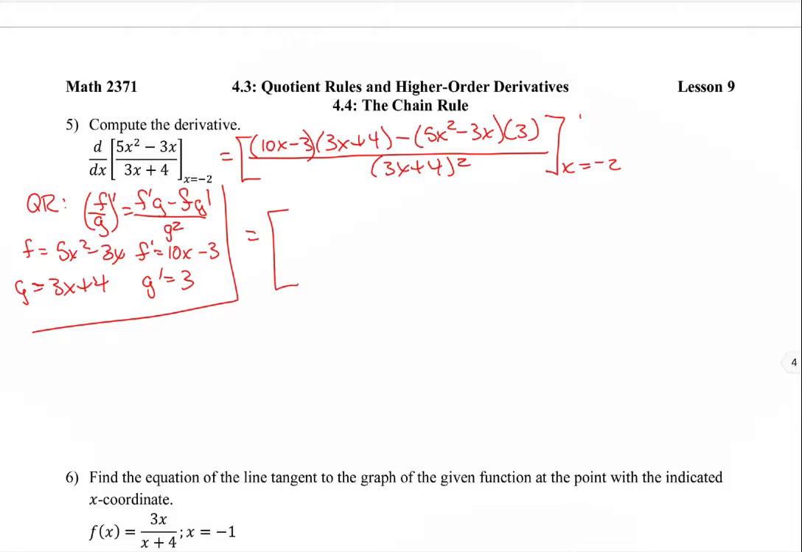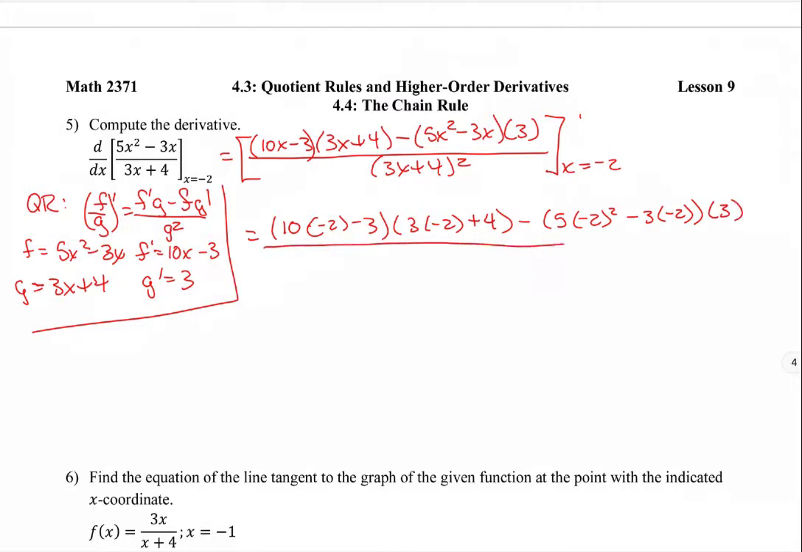This equals (10 times negative 2 minus 3) times (3 times negative 2 plus 4) minus (5 times negative 2 squared minus 3 times negative 2) times 3, all over (3 times negative 2 plus 4) squared,